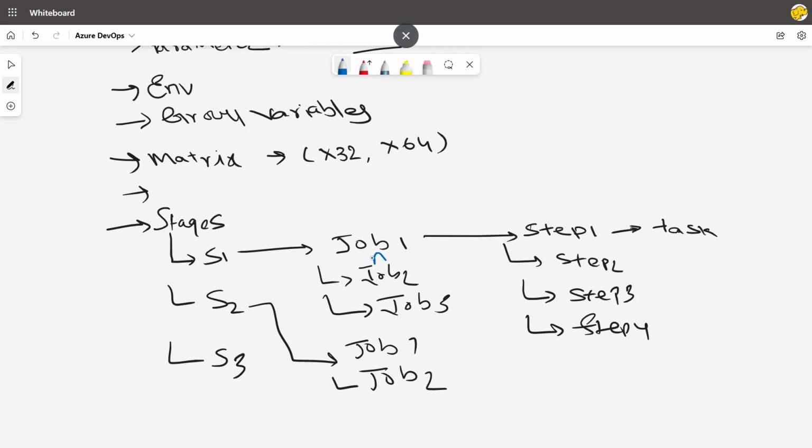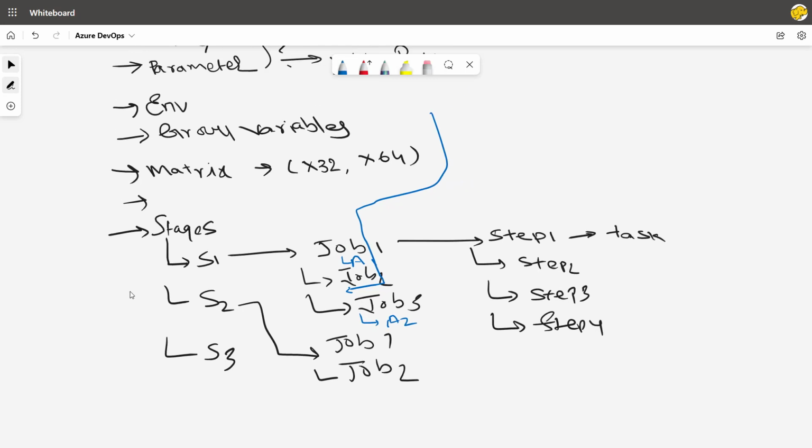So I could say, let's say agent 1 is going to be applicable on job 1, agent 2 is going to be applicable for job 3, and let's say job 2 will run from the global agent setting which we have at the top. Okay, so that's how you can define your configuration. And the same thing which we have seen yesterday, so nothing new, is just the hierarchy of the configuration